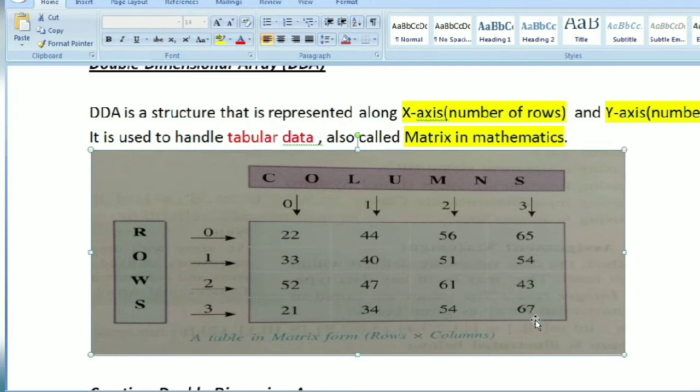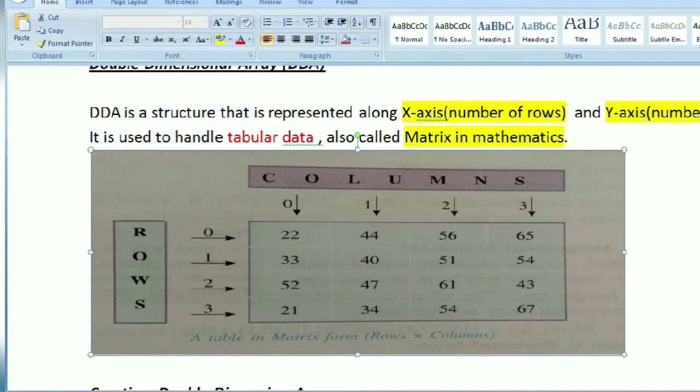Columns are 4 but start from 0 to 3. In a similar way, rows are 4 but start from 0, so the index is 0, 1, 2, and 3. So whatever data is represented in tabular form, that is your double dimensional array in Java.